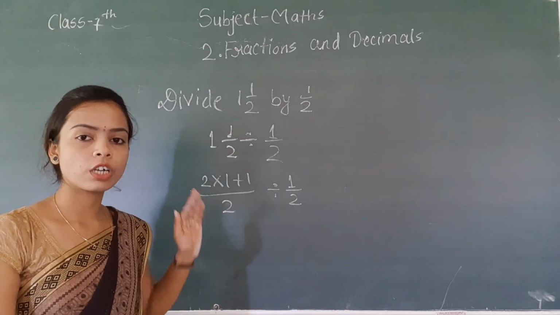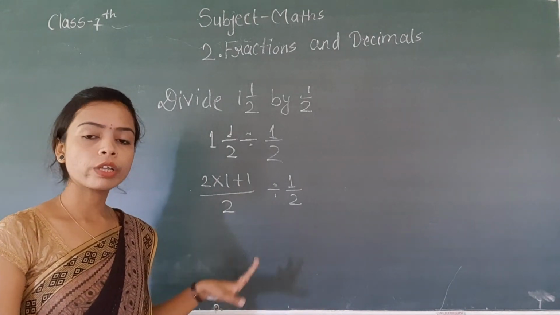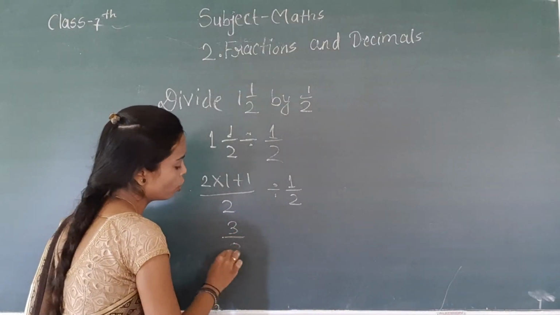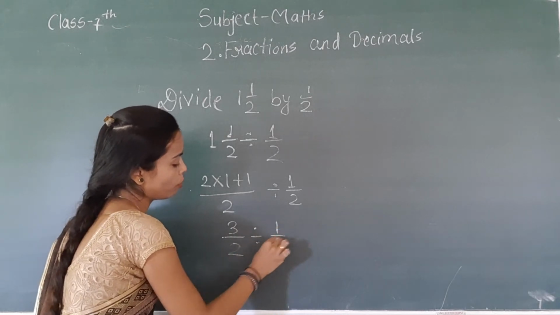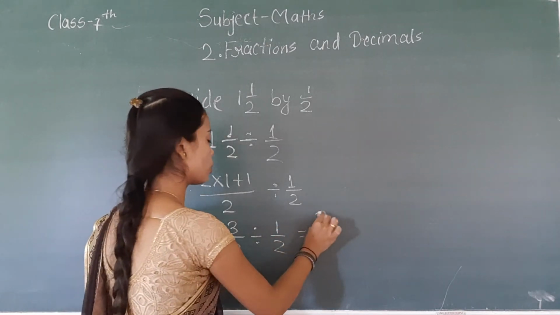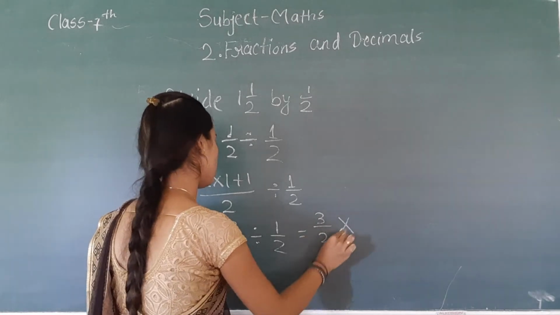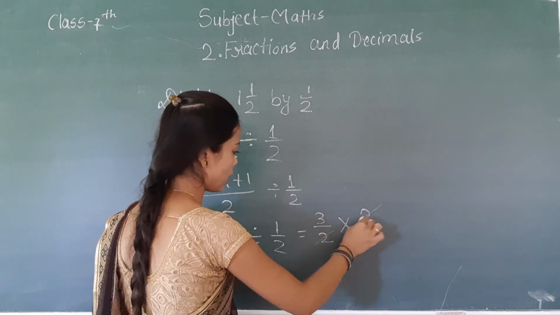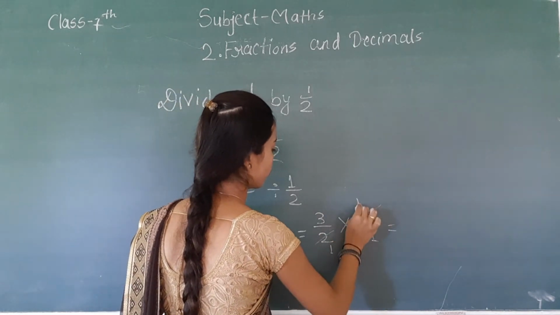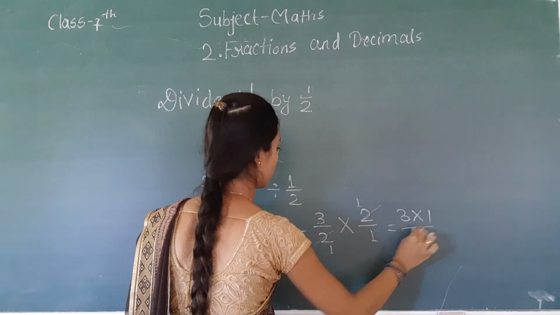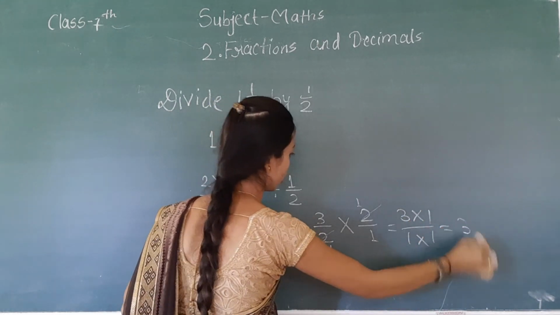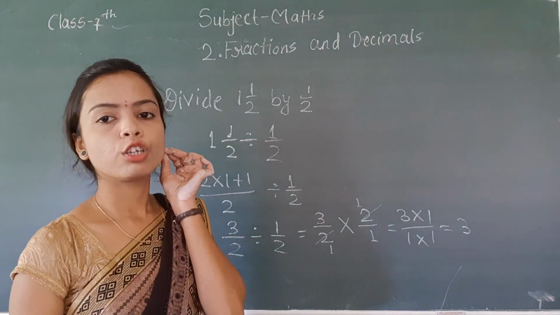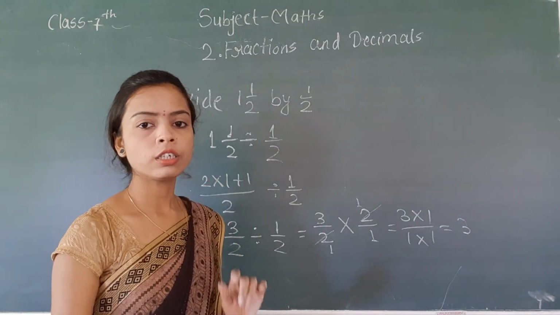अगर mixed fractions है तो first convert it into an improper fraction so that your division becomes easy. So if you are solving it, it is 3 upon 2 divided by 1 upon 2. So keep the first fraction as it is. The division symbol changes to multiplication and the reciprocal of 1 by 2 is 2 by 1. So this 2 will get cancelled and your answer is 3 into 1 and in the denominator it is 1 into 1. So your answer is 3, because in the denominator it's 1 into 1 that is 1. So we can skip it if the denominator is 1. You don't need to write it.